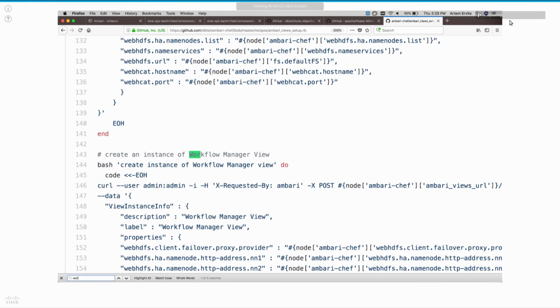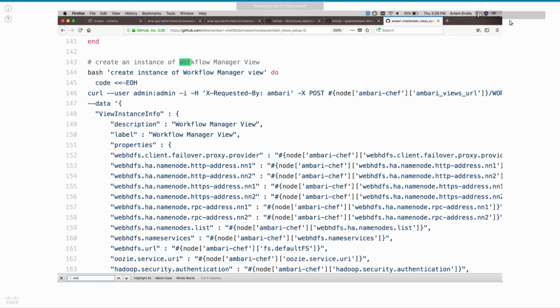There is documentation on the Ambari project on how to stand up a Views server, but certainly feel free to read our code, or if you try to read our code and can't, which we can't sometimes too, write us an issue, and we're happy to try to help folks.